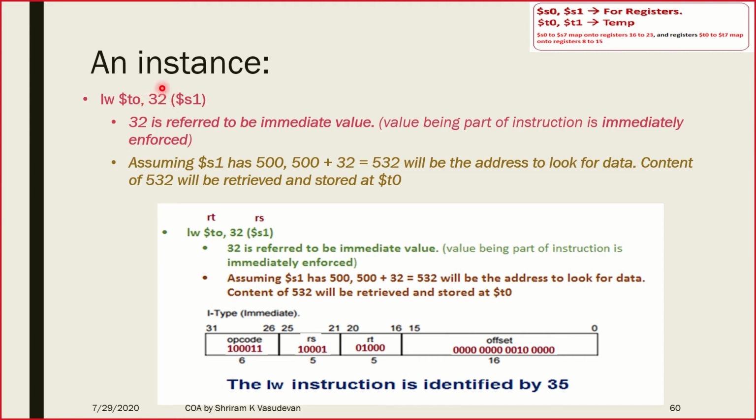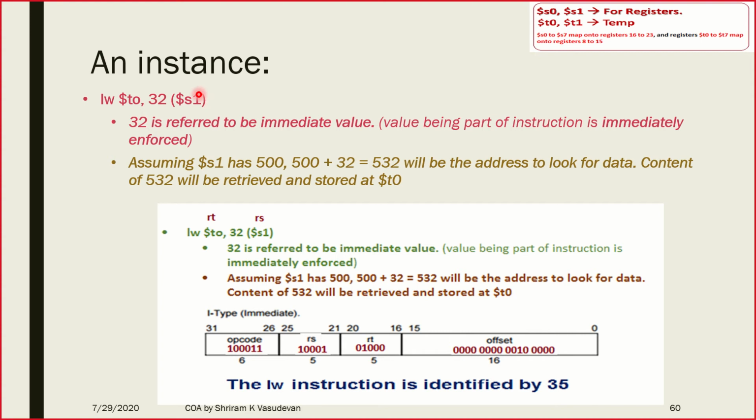This is an immediate value. We have the value here, right? So we can qualify this as an immediate addressing mode. Now remember, this 32 is just a value which will not have any meaning until and otherwise we club it along with this S1. Now what will we do? Very simple. S1 will have some content inside, say it is having 100. Now this 32 will be added with this 100, and 132 is the location that we need to go to.